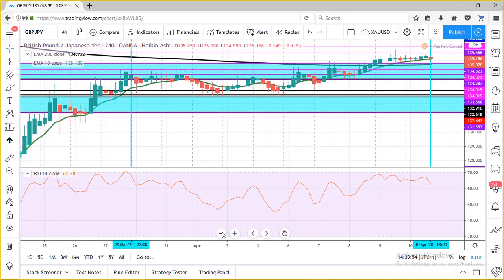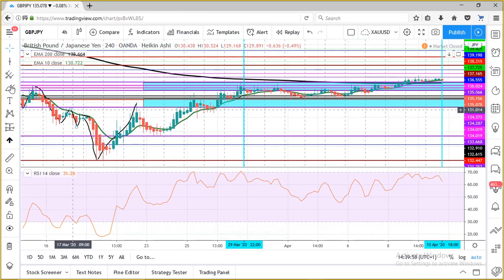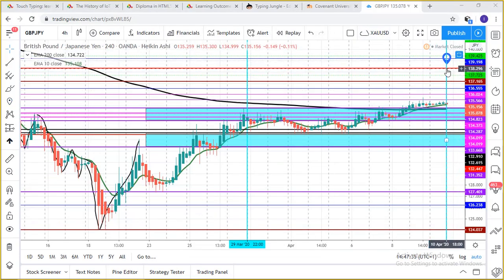Let me put a cursor. We will see if we're able to make that. Next time we do our analysis, we will know if we're able to get to that point. This is the point that we think we'll get to. So this is where we expect to be in the coming week, which is far above where we are. We are going to 144, and this is around 138. We should get to 138 by this coming week,